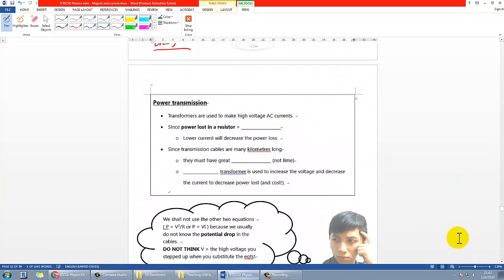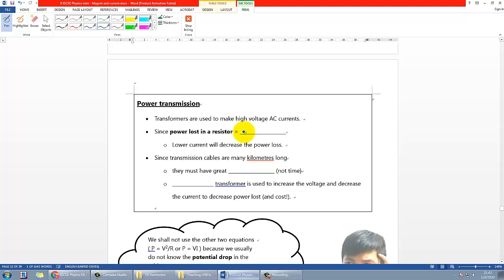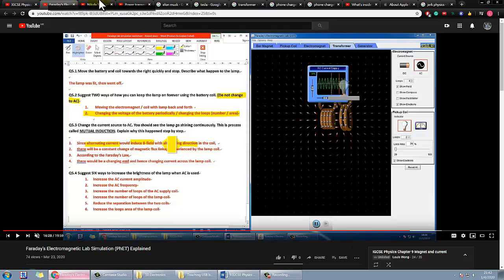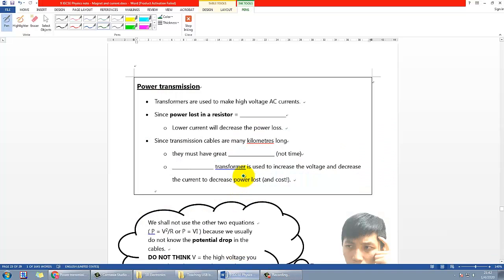Let's take a look at the next page. So next page here is about power transmission. So similar to the experiment that I showed you. The problem with urban power transmission is people are not living exactly close to each other, right? So you must transmit the power through a long distance across a city, especially for cities not like Hong Kong, which is so compact, but for other cities around the world, it will be so far away from each other. And we will have to use AC.